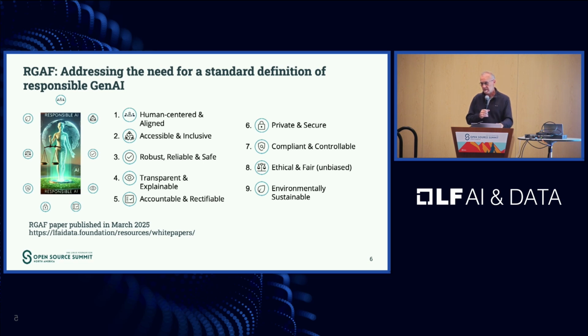The paper is very extensive and goes into all the details of those dimensions, what concerns they are really about, and what you need to take into account. And this gives you a metric to measure whether your own AI-related activities and systems are responsible, and the kind of concerns you need to take into account when you're developing an AI system or an AI application, as well as evaluating somebody else's system, right? Because we are all going to be using all sorts of systems, and we don't necessarily know how they were developed, what was taken into account or not.